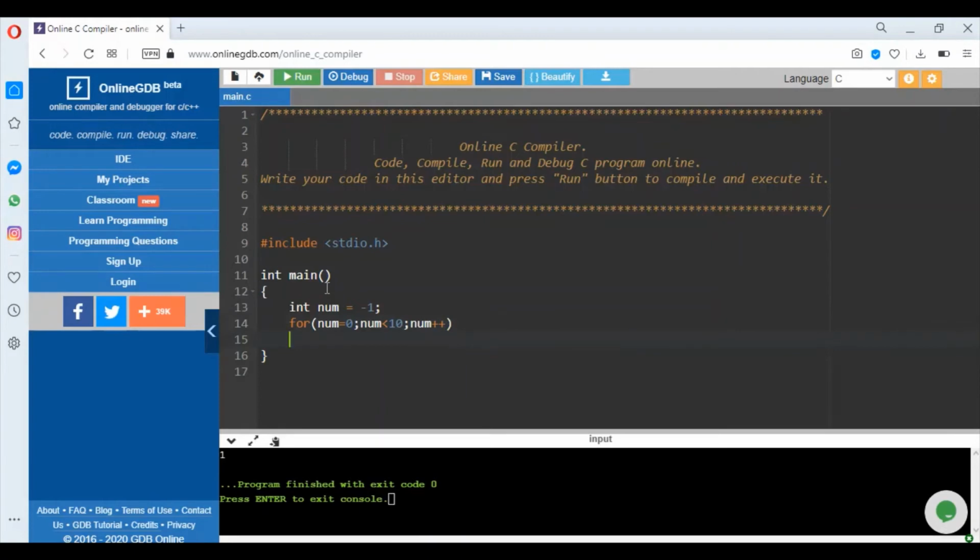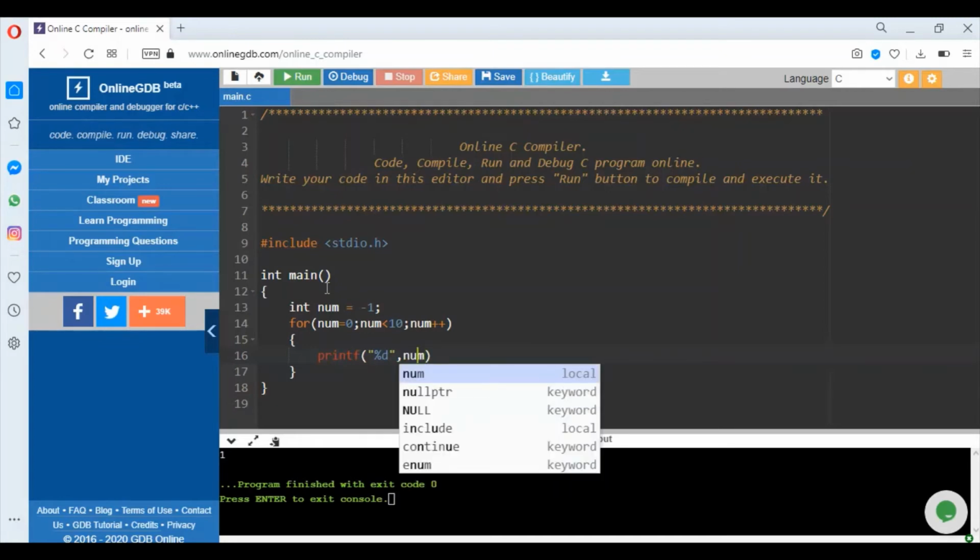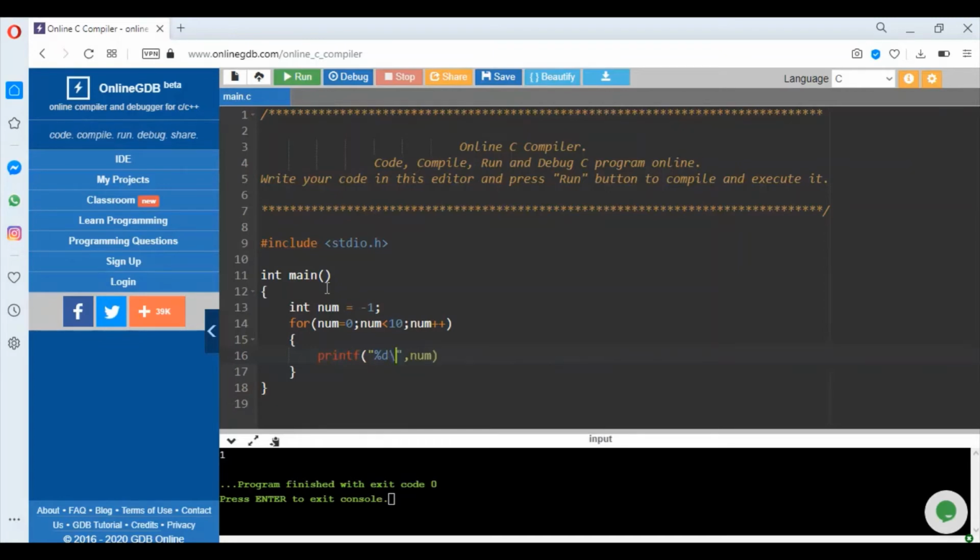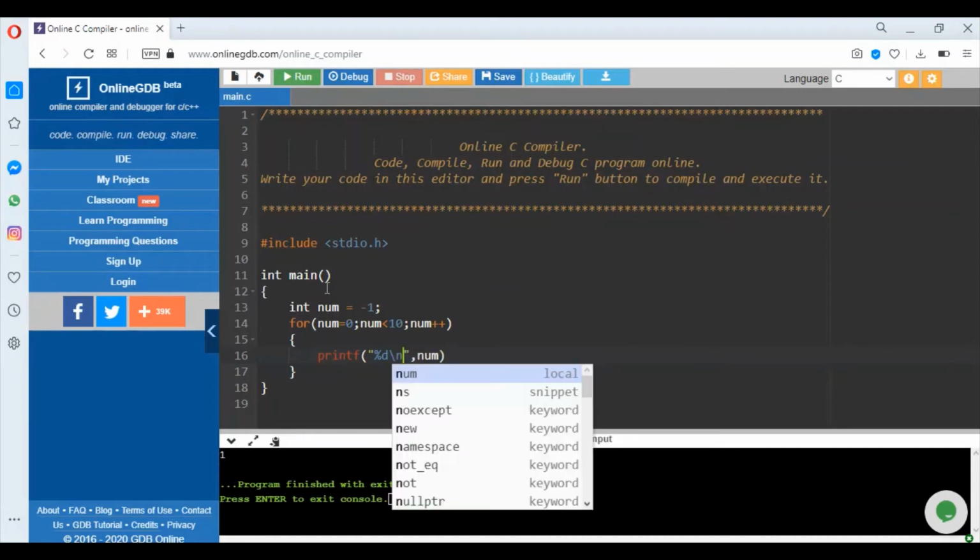And here I'm saying printf percentage d comma num, and I wanted to print in next line, right? I want to print this in the next line.